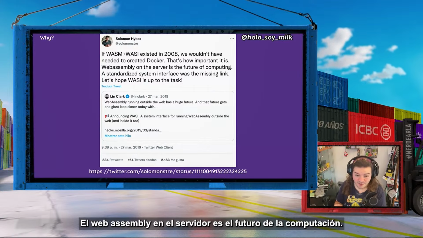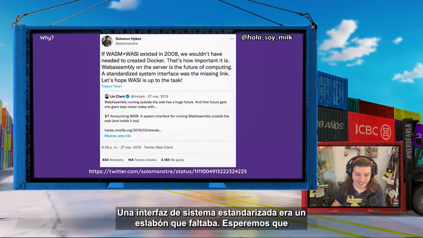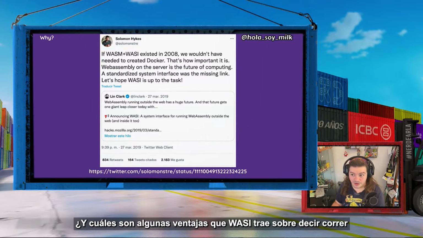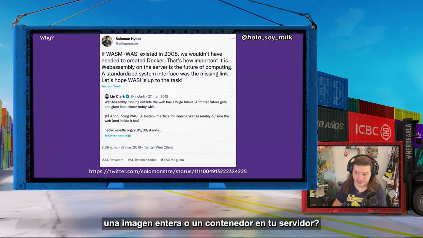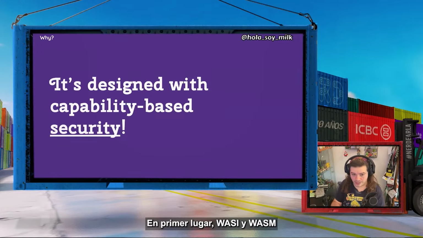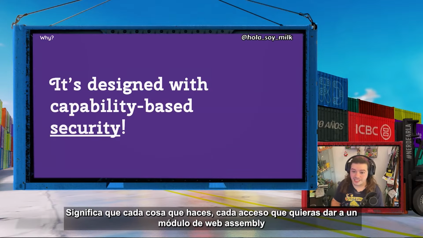WebAssembly on the server is the future of computing. A standardized system interface was the missing link. Let's hope that WASI is up to the task. And what are some advantages that WASI brings over, say, running an entire image or a container on your server? First of all, WASI and WASM is designed with capability-based security. Quite fancy. What does that mean? It means that every